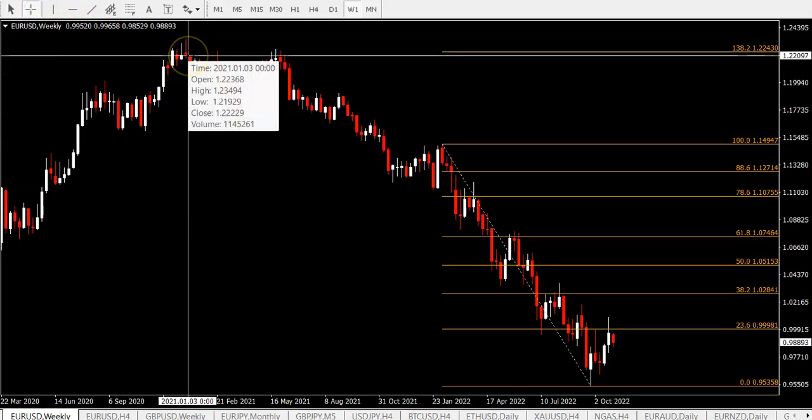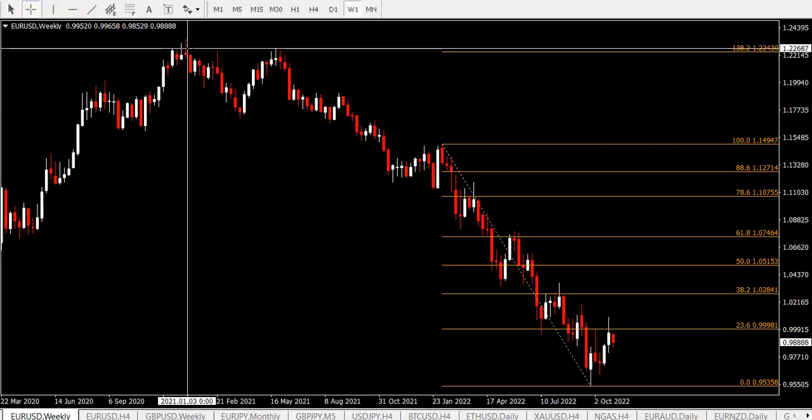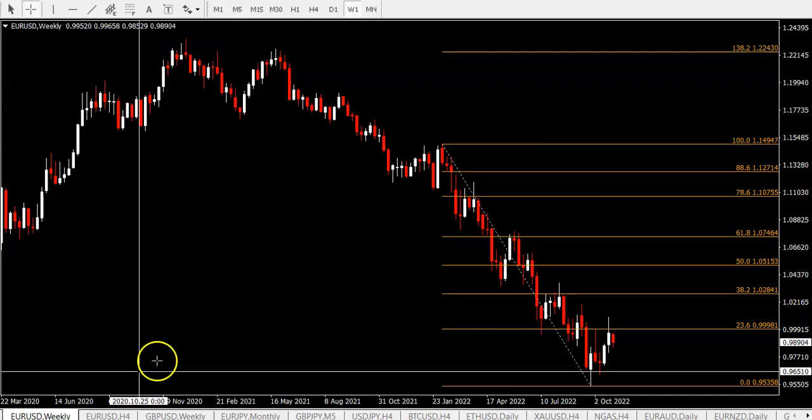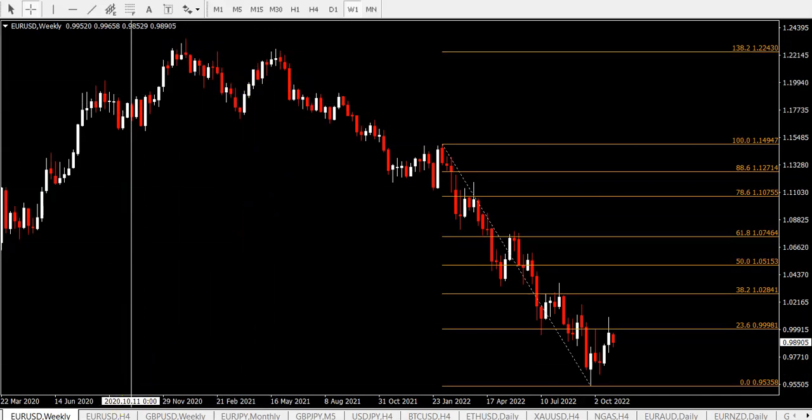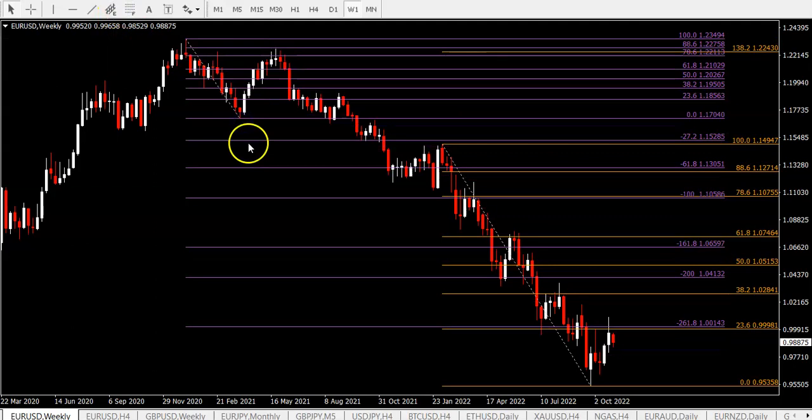Looking at the end of 2020, price started to top out here and make a downtrend, and has been in that downtrend ever since. So if we take a fib on that first wave, you can see that this is looking at a very strong wave 3, went beyond the minus 261.8 Fibonacci target of this first wave. So this could be a wave 1, 2, and this is all wave 3.